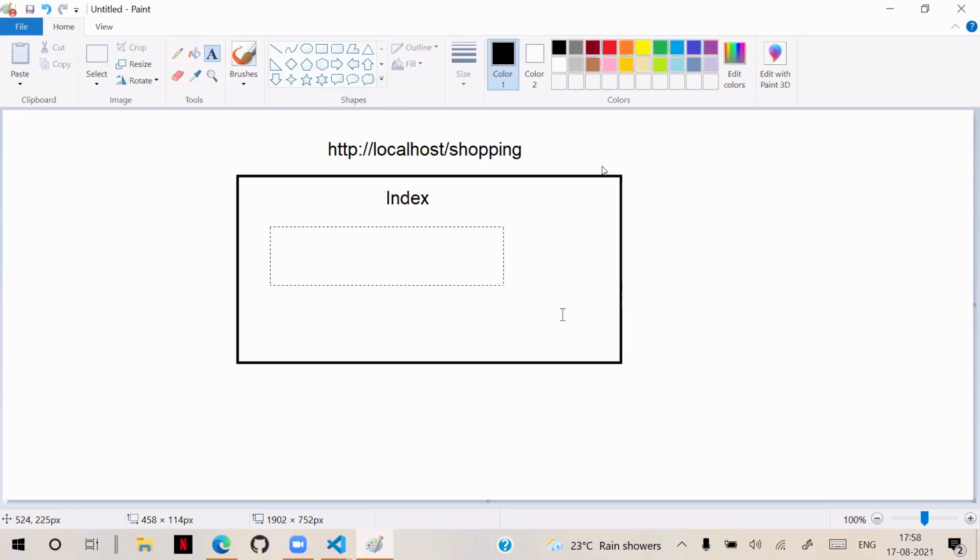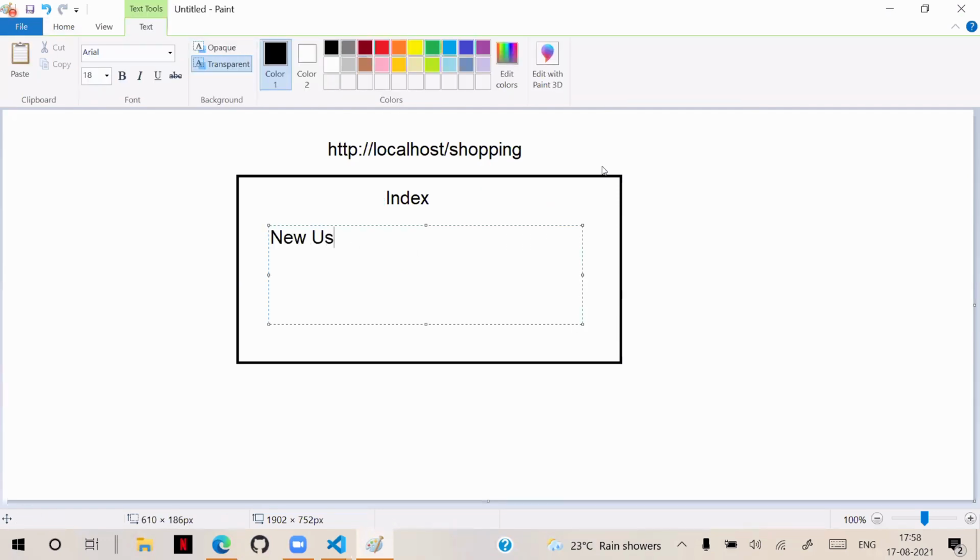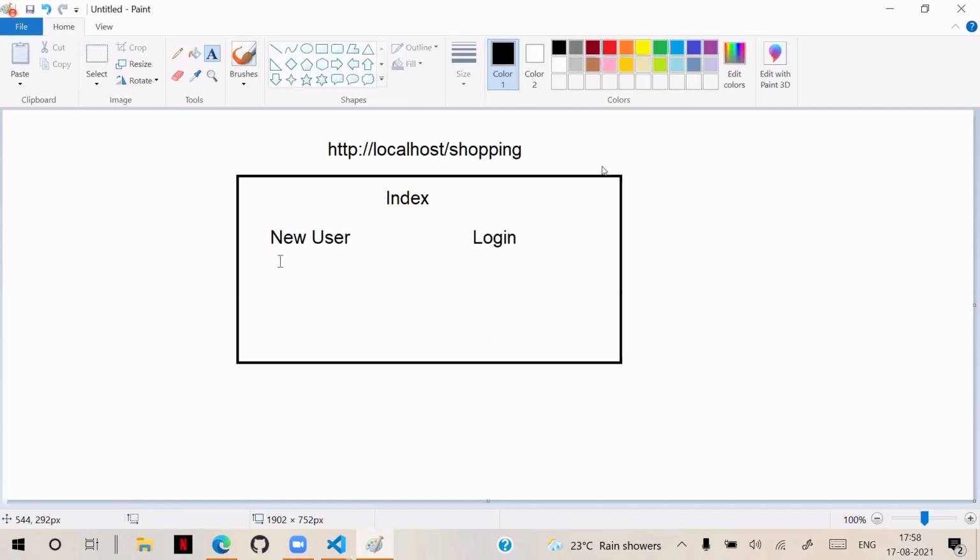In this index page, we will provide options like new user, register, existing user, login. When the user clicks new user, the registration form will come. When he clicks login, the login will come. If login is successful, it will give access to the next page. If not successful, it will stay on that page and display a message. This is basically how we need to create a complete client-side application environment. We will see how to design such applications on the client side.